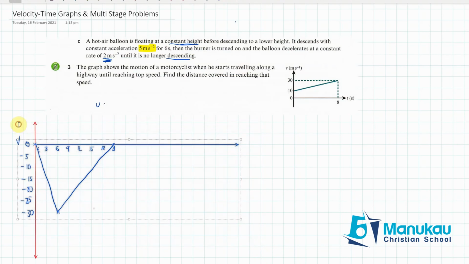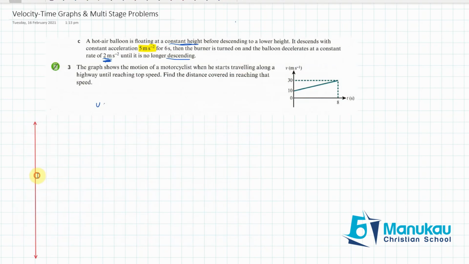Now, let us move on to the next question, where we have a graph showing a motorcyclist when he starts traveling along a highway until reaching top speed, and we've got to find the distance in reaching that speed. Now, the key here is distance is the area under the curve, or displacement is the area under the curve. So,